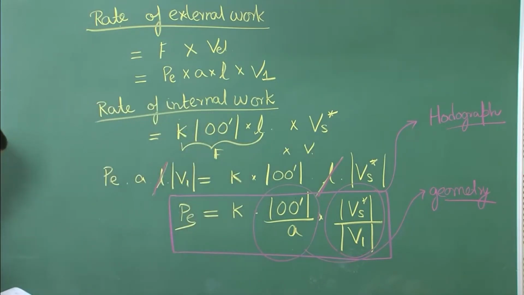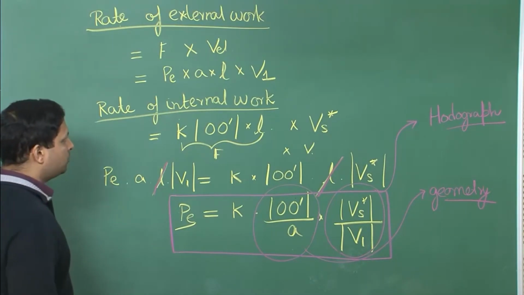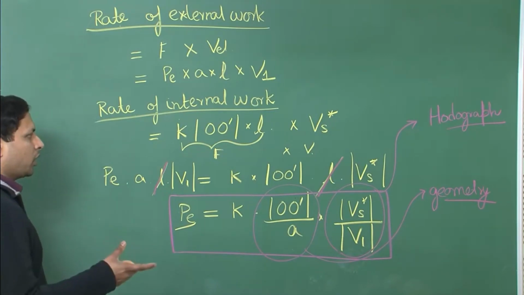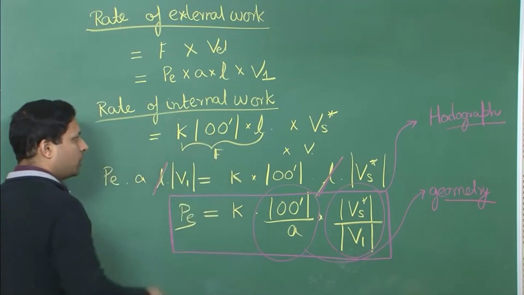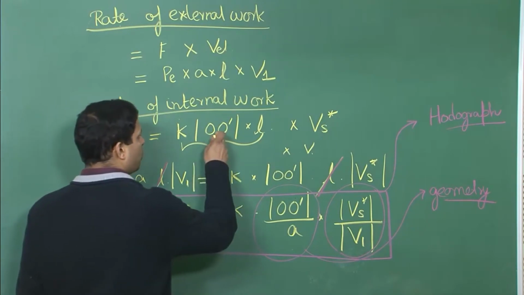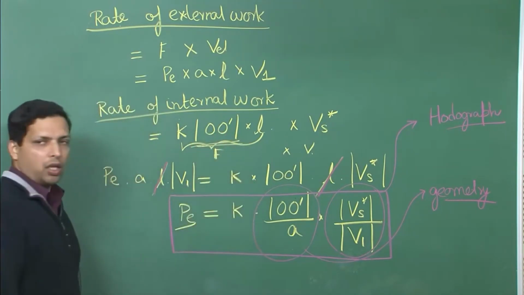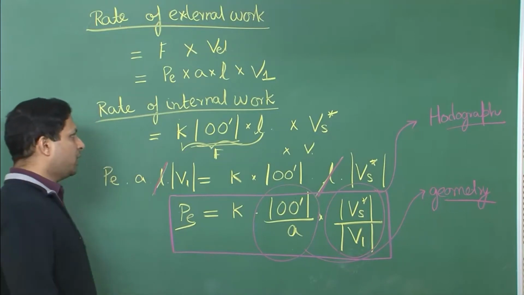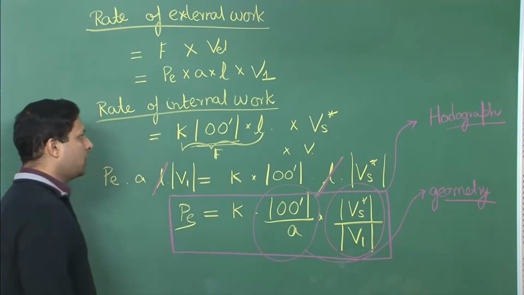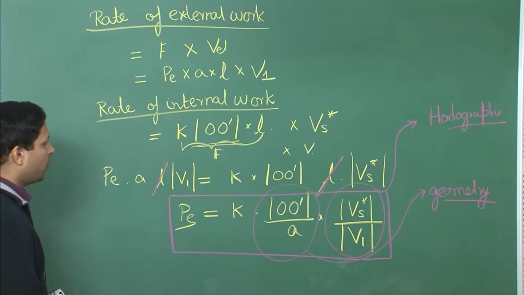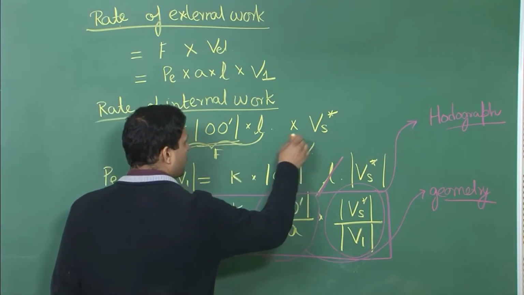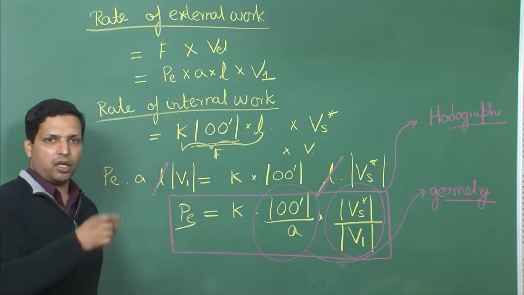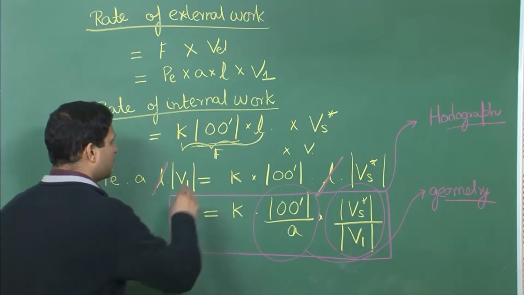So, this is one example, and to make it a little bit more complicated, we will get to that example, but before that let me tell you that we are assuming that deformation or the internal shearing is taking place at only one plane. Now, let us say that more than one plane was involved in internal shearing, then what will change over here? You will have to calculate O prime times this velocity on that particular plane for each and every plane like that.